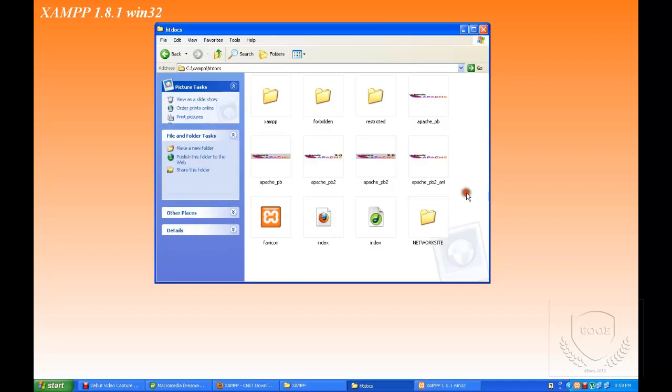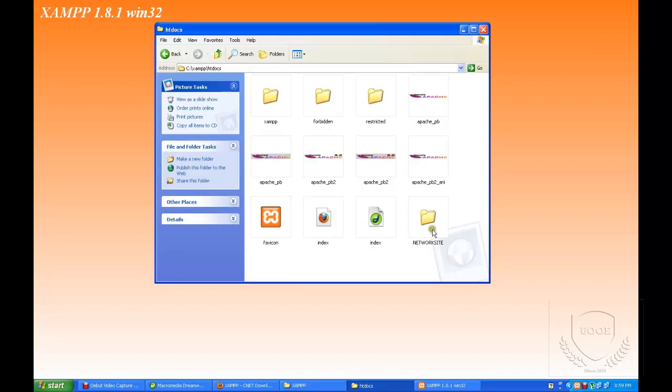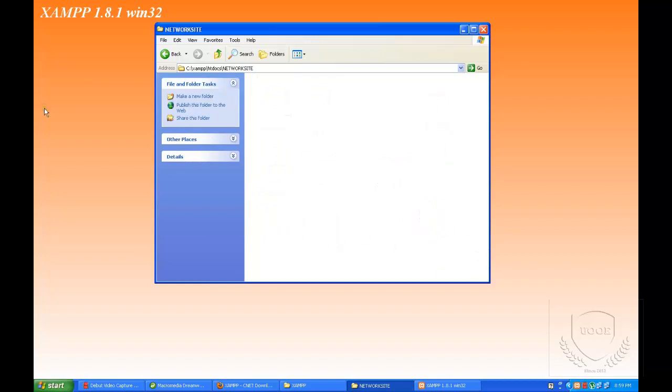Once we have created the PHP files for this project, we have to place those files inside this folder, and going to the browser we will open localhost. Localhost is the default address, followed by a slash, the folder name, and then the file name which we are going to open. This is the process of how to save and how to open PHP files. After this session, I will show you practically how to create a basic PHP page, how to place it on the server in htdocs, and how to compile it.